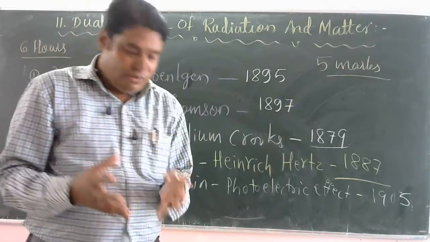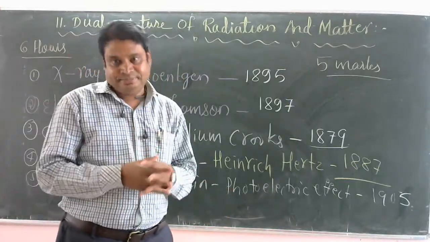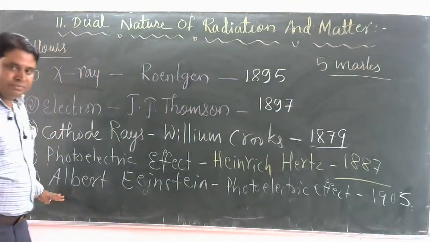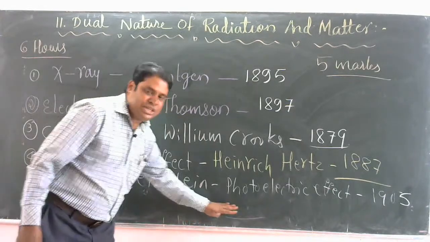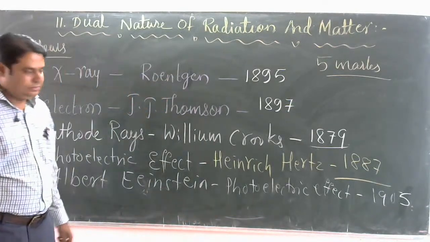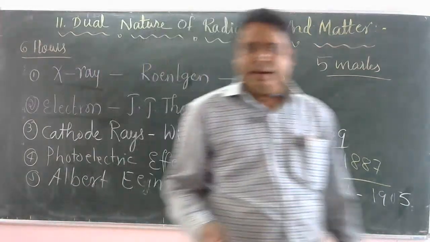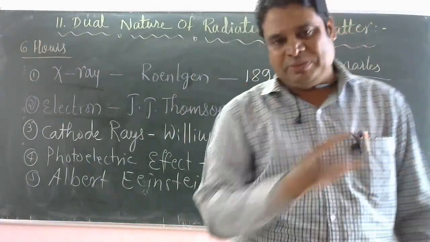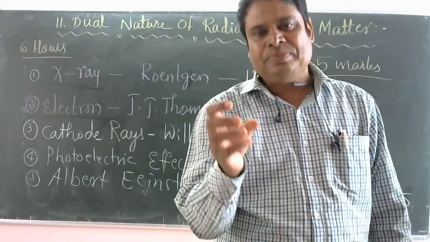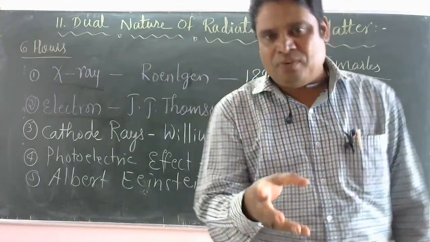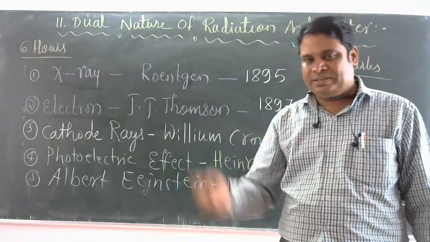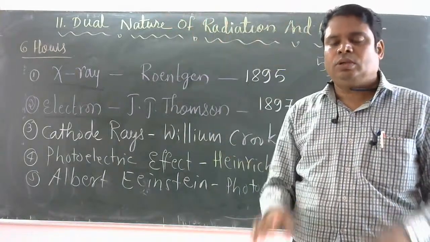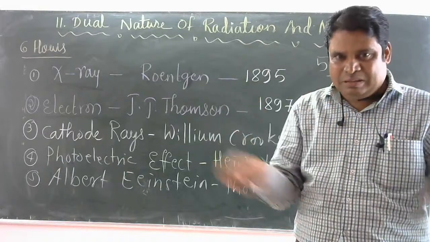Then there came a very famous young scientist of that time, the so-called all-time genius, Albert Einstein. In 1905, he explained this phenomenon of photoelectric emission. This phenomenon of what? Emission of electrons from a metal surface. By applying Max Planck's photon theory,